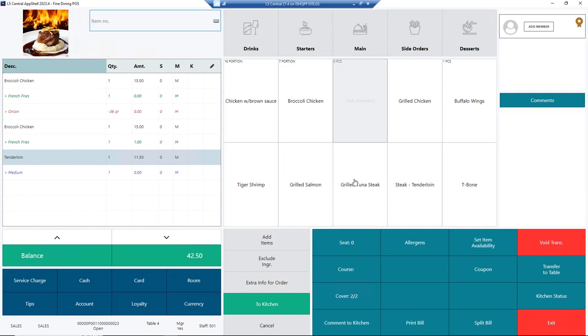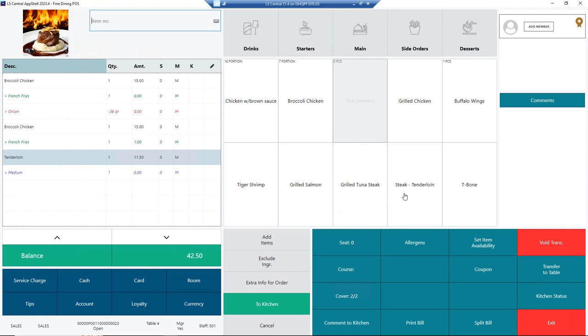Because remember, the system is connected with the KDS system, the kitchen display system, and there is a production time on each and every item. So we need to know to make this production time lower or higher. And also this information here is very practical because this goes with the item to the KDS. So how is this configured?